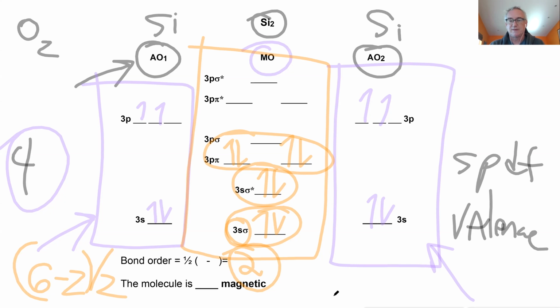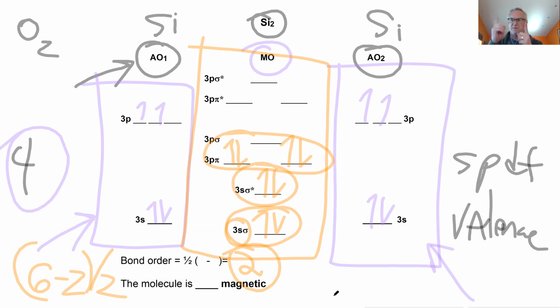Right. So if I have paired spins, that basically means I am not magnetic. That means I'm diamagnetic. I'm not attracted to a magnetic field because all the electrons in the atom are paired up. So they're not going anywhere. They basically cancel each other out. Each spinning electron creates a small magnetic dipole, just like the difference in charge is an electrical dipole. A difference in spin is a magnetic dipole.